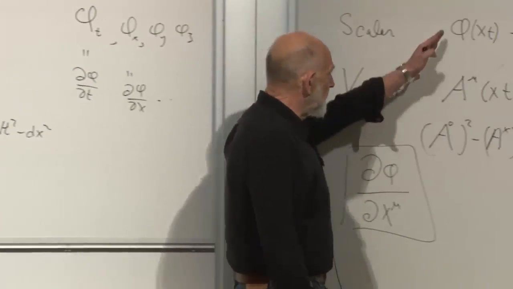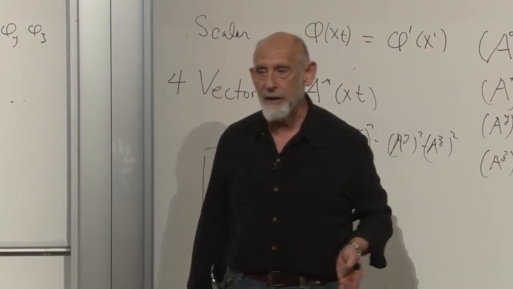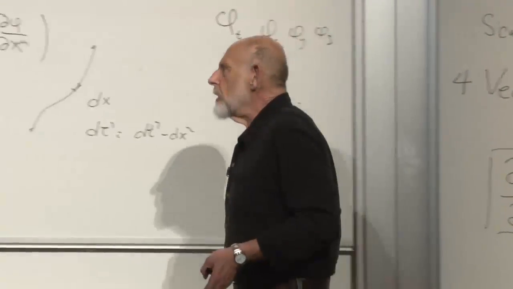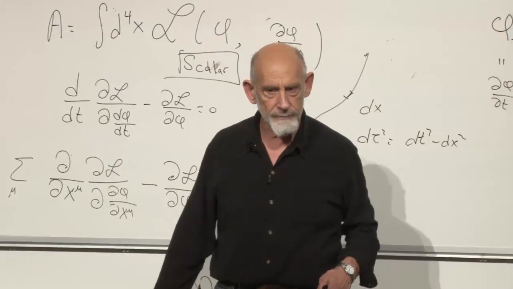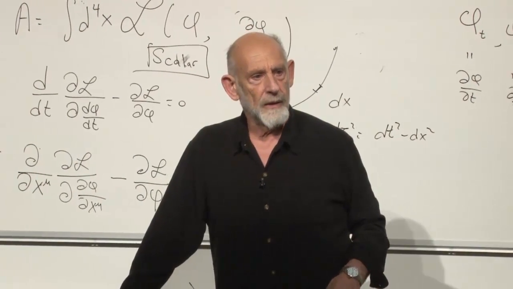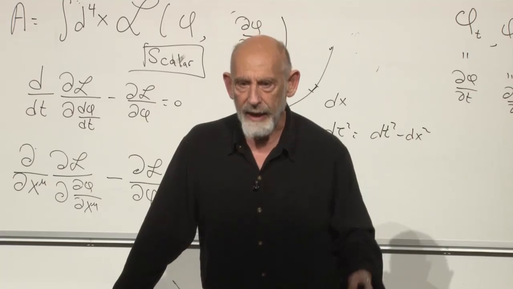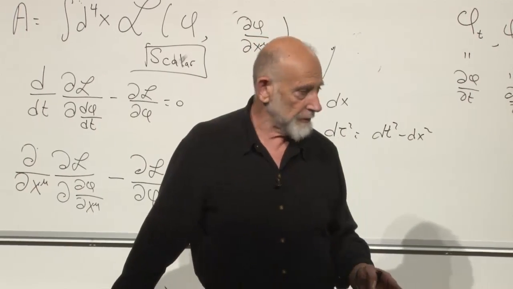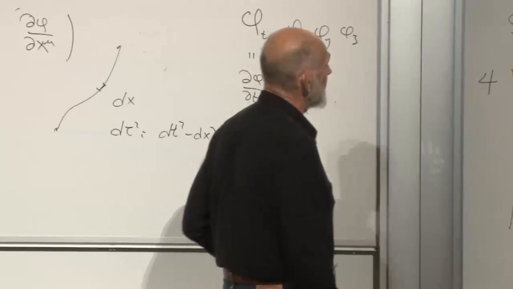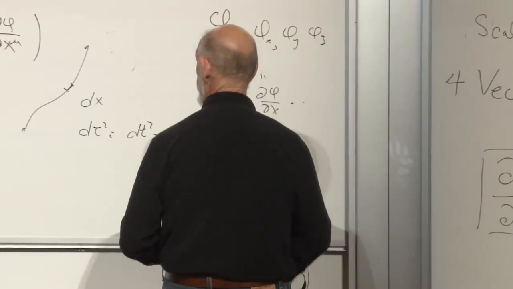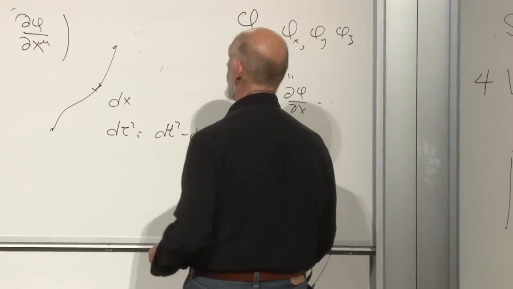You take your field, which happens to be phi in this case, and you consider all the possible scalars that you can make out of it. And they are possible candidates to put into the Lagrangian. So let's start with some. I'm running out of blackboard space. I guess I don't need this anymore.